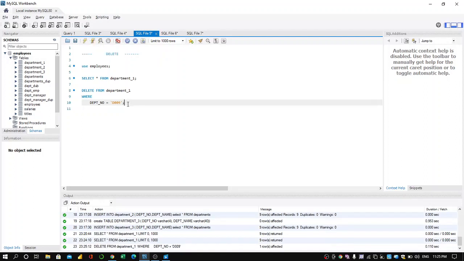Now we've applied the delete command. So now let's retrieve our data once again